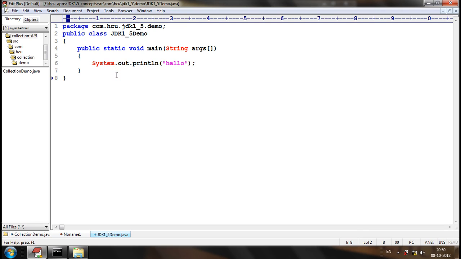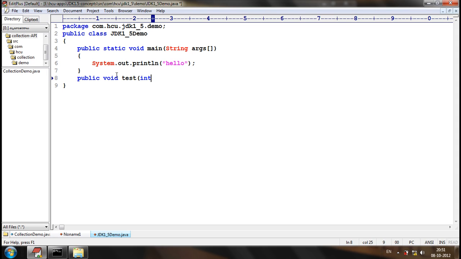Let me write a sample method. Let's consider I'll input some values and I need to get the average of the values.